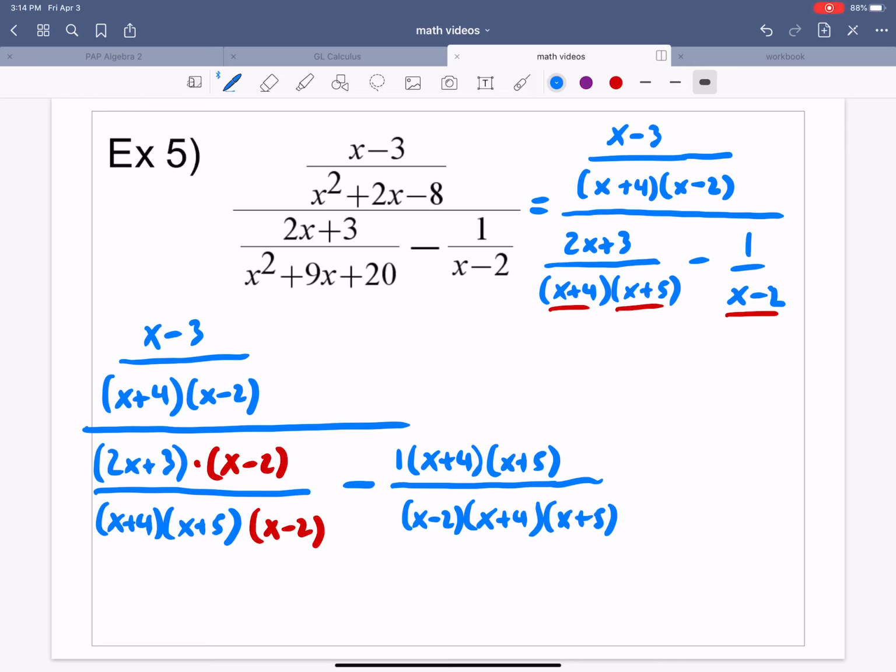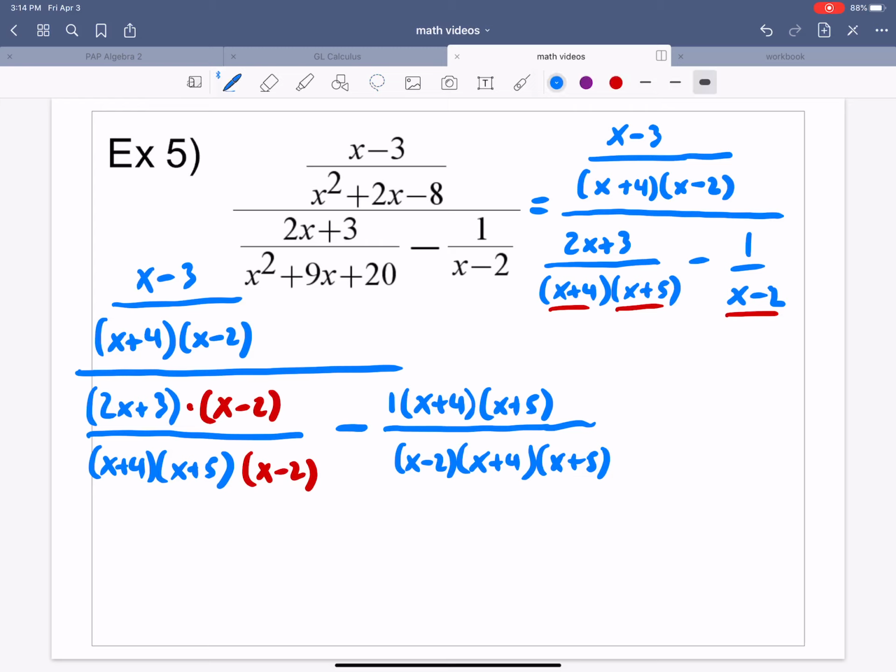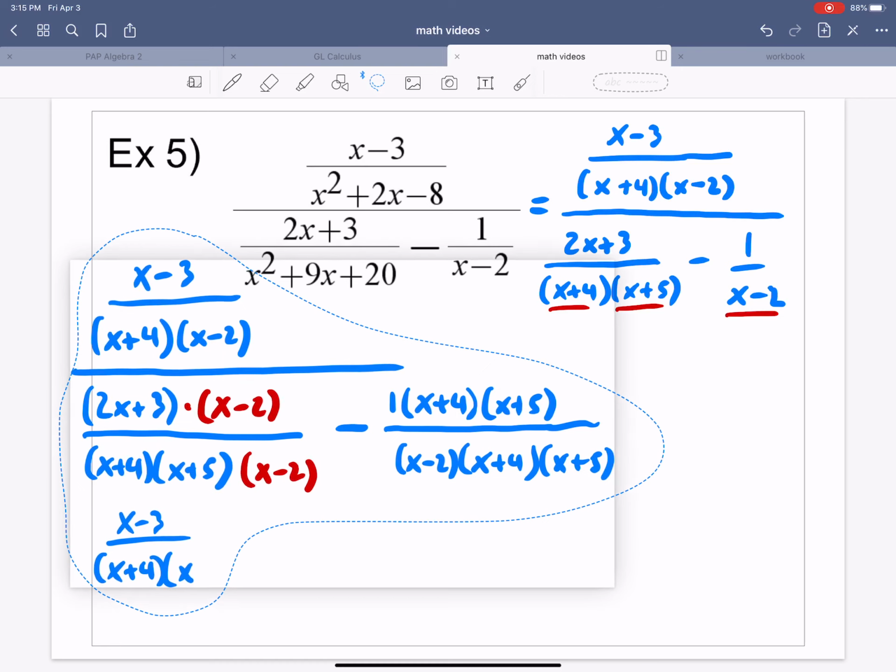So we've got, oh man, we got a mess here. So let me move this just a minute here, guys, to give myself a little bit more room. Okay, because I'll try to squeeze one more line in here and then just go to the next page. Okay. All right, so here's what we've got. We've got our top fraction, we're not changing that. We're not changing that at all. So we've got x minus 3 all over x plus 4 times, actually, you know what I'm going to do, guys? I am going to take this, and I'm just going to go ahead and move to another